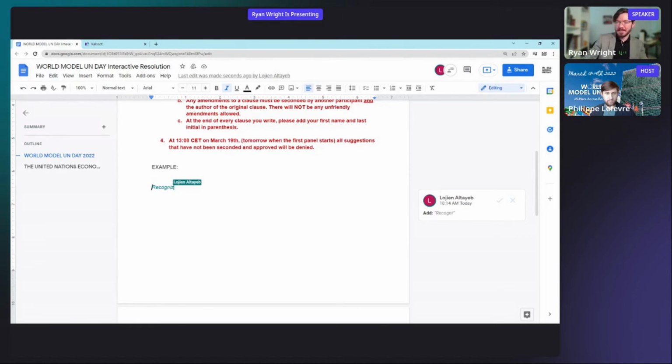And we can fix the spelling and all of that later, I suppose. And that's something moderators will help with as well. Moderators will be helping with formatting, spelling, making sure everything looks nice, making sure that we have a very pristine document that we can present at the end.